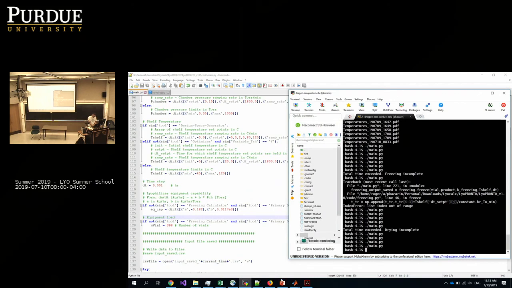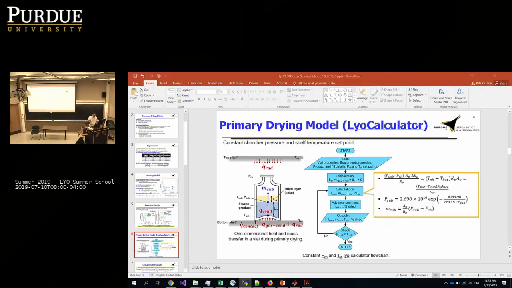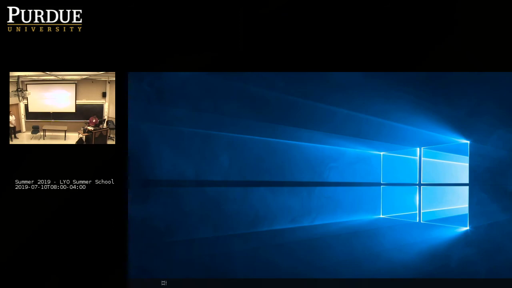Next, Gayatri will be talking about design space generator and optimizer modes. So any questions about these calculators before we move on? Okay, so